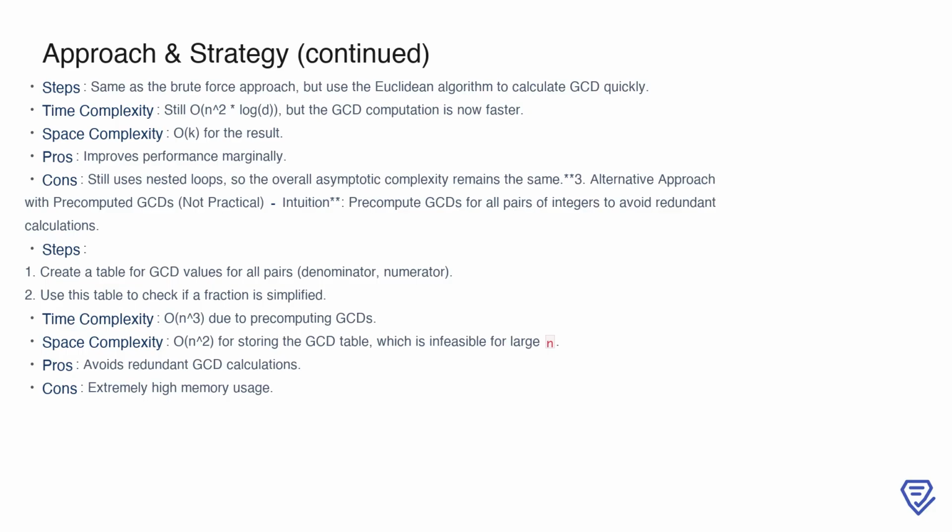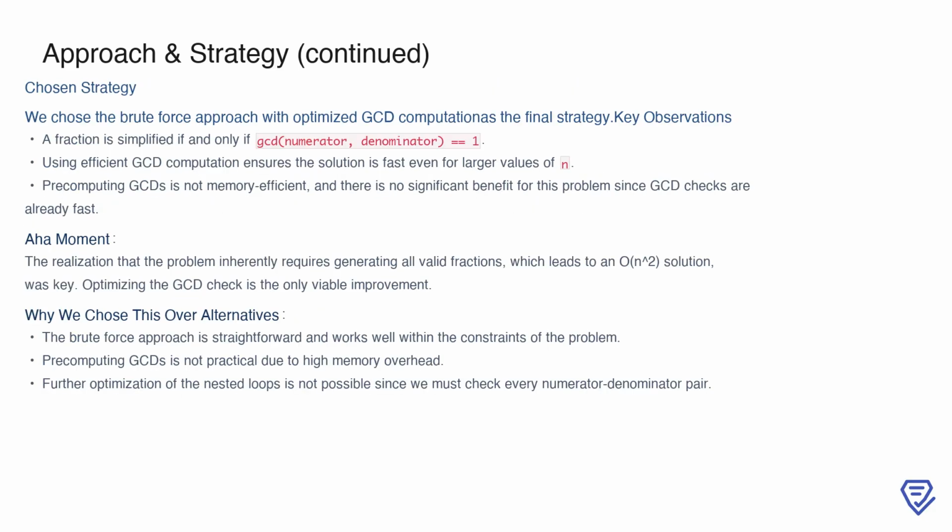Another approach we considered was pre-computing GCDs for all pairs of integers. This would allow us to skip redundant calculations. However, pre-computing GCDs requires a substantial amount of memory, specifically O(n squared), which makes it infeasible for large values of n. Additionally, the time complexity for pre-computing all GCDs is O(n cubed), which is significantly worse than the brute force approach. Given these considerations, we chose the brute force approach with optimized GCD computation as the most practical